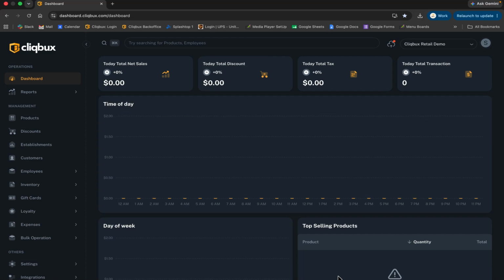How to do cycle count and physical inventory in the Cliqbux dashboard. Before starting a cycle count or physical inventory, make sure that all inventory adjustments have been completed. Ensure that all receiving transactions have been processed and that no further adjustments will be made after the database has